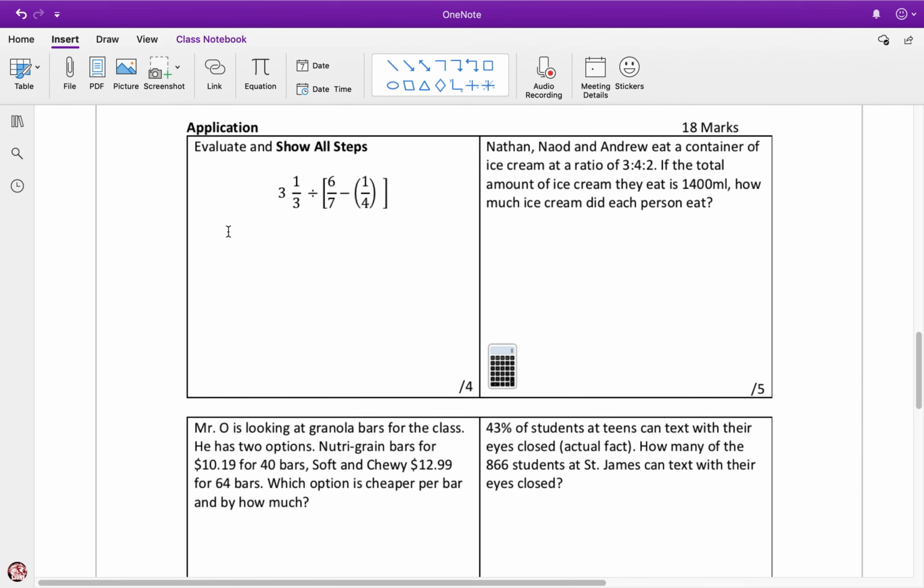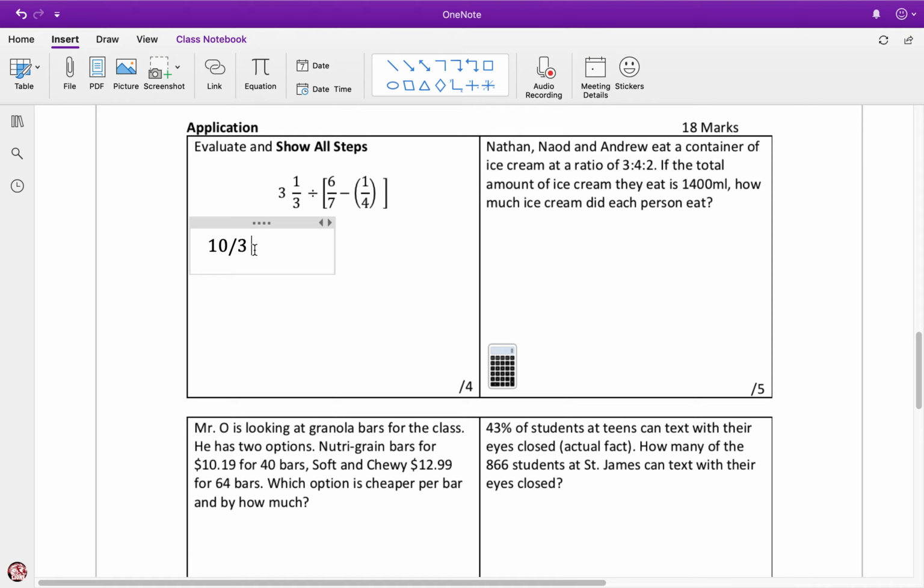Now, let's take a look at this one here. I have a mixed fraction here, so I'm going to get rid of it. Make it improper. So I'm going to go 3 times 3 equals 9 plus 1, because a whole is 3 over 3. So I'm going to go 3 times 3 plus 1. So that's going to be 10 over 3